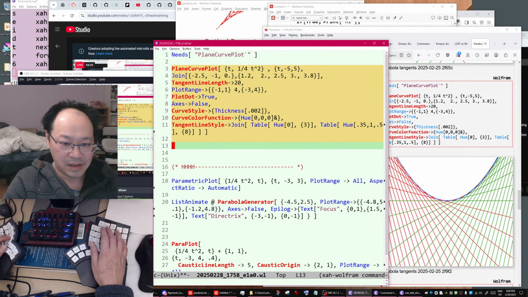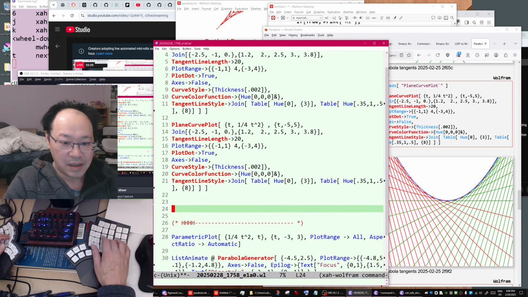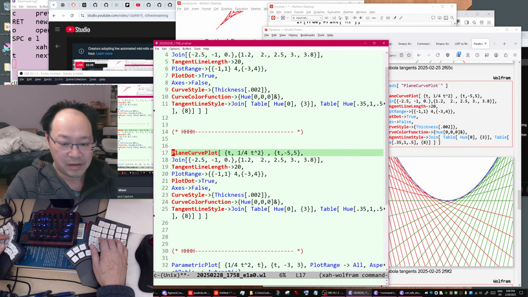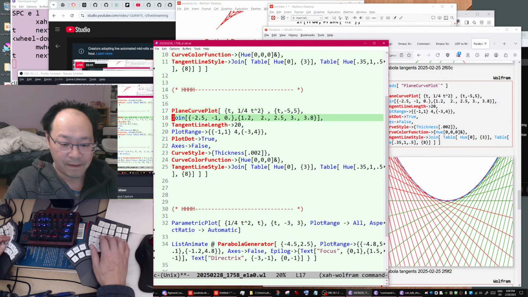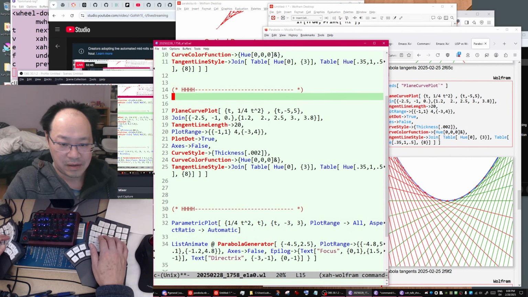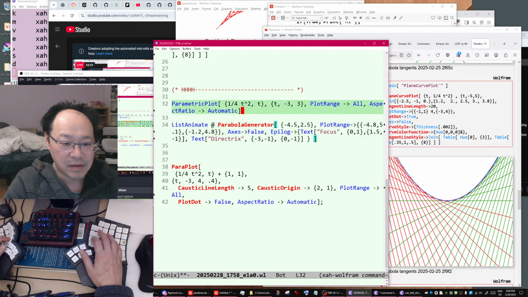We basically need that. Let's paste it here. The curve is that.